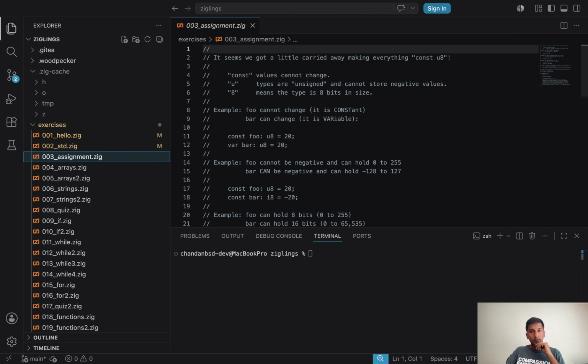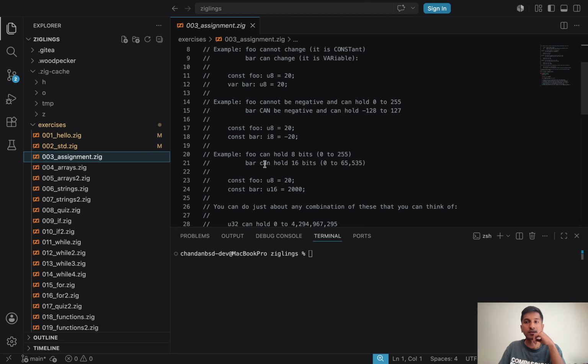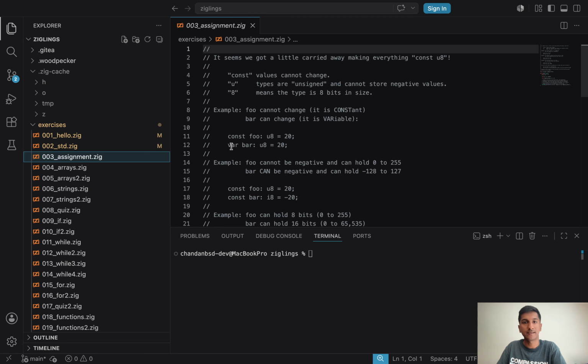Okay, let me pull up the repo. We completed the first two exercises, which were very simple, in the previous video. I'll go with the third one, and I believe it's about assigning values to constants and variables. Let's see. It says, it seems we got a little carried away by making everything const of unsigned integer of